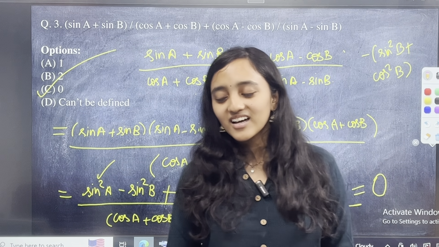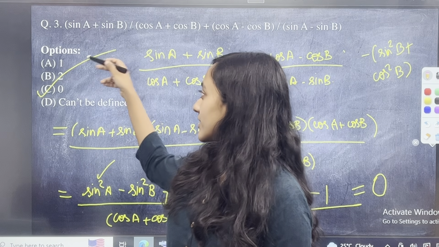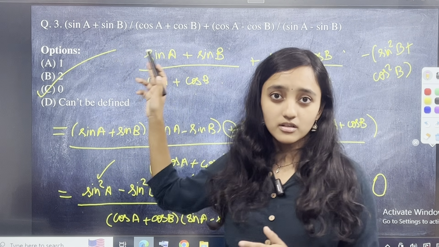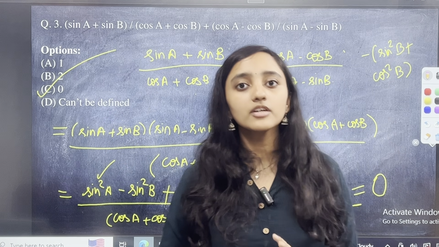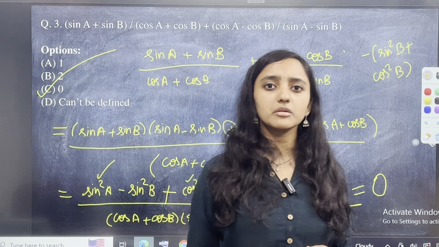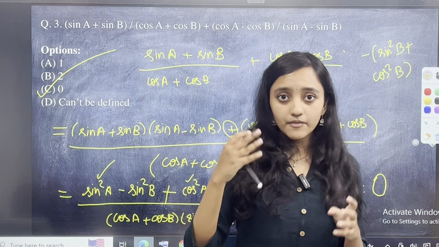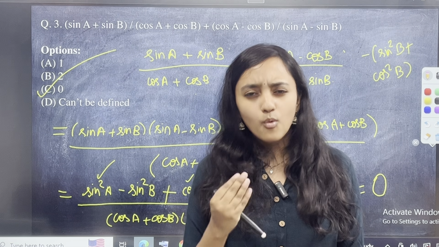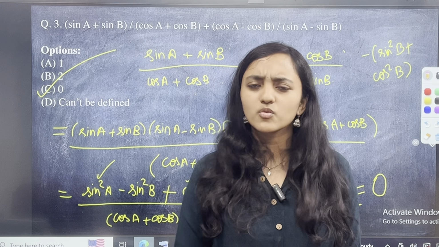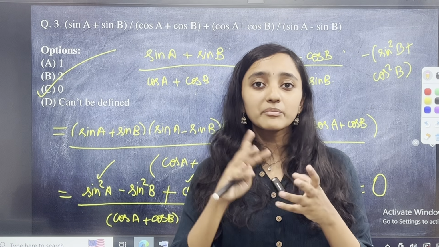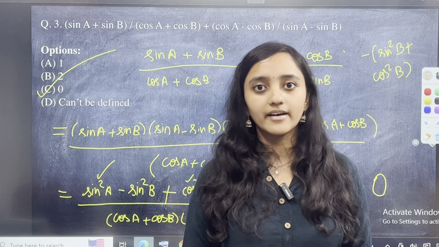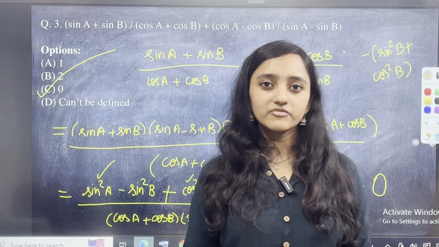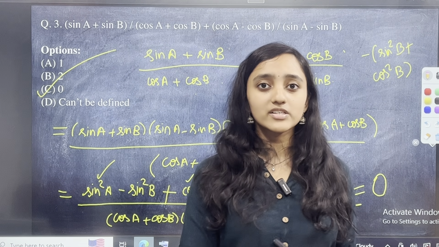Point number three, in questions like this, when you're trying to find the options or ones which have two angles, just be a little careful that you do not make silly mistakes. Like, what are the commonly made mistakes by people? In the examiner's analysis which I was going through, they said that so many students just made a silly mistake like sin square a plus cos square b is 1, made silly mistakes like that, because of which unko solution nahi aaya for a similar question to what I gave you on the board. So just silly mistakes like that, which I'm very sure you guys will not do.